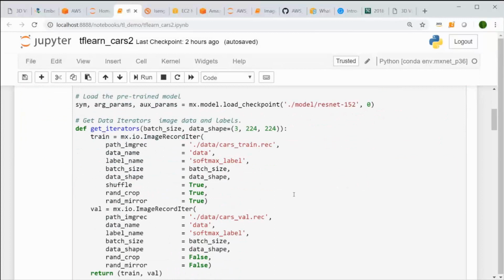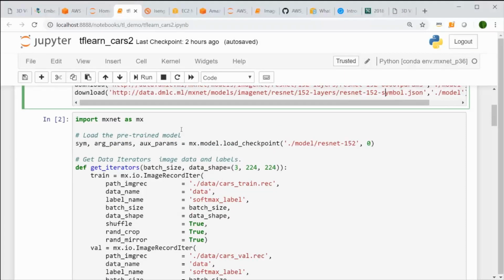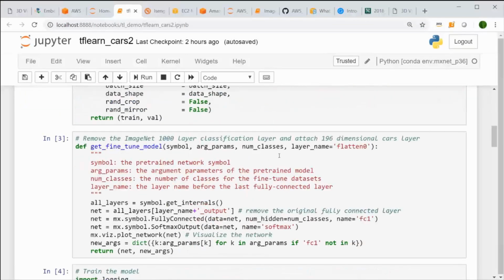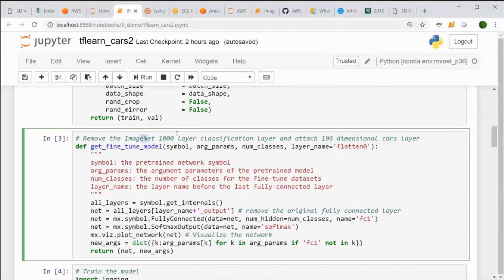Finally, we have set up the model to essentially say, okay, I want to remove the last layer of that model. So instead of running a classifier for 1,000 different image classes, I will remove that last layer. I will remove the original 1,000 layer, keep the original weights, and then add 196 dimensions. It's almost like my kids learning how to recognize images.